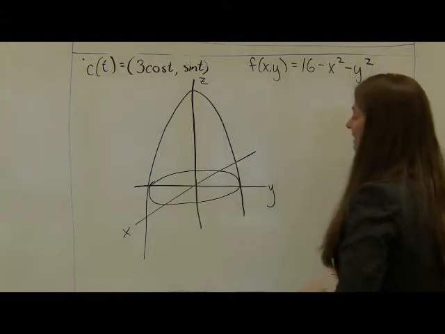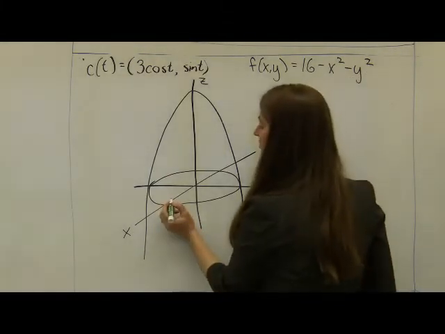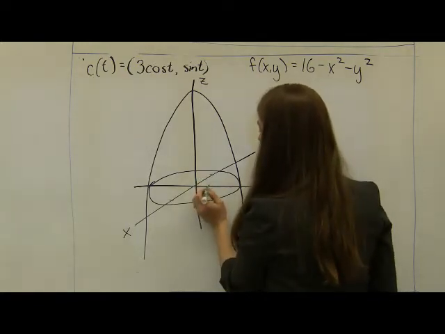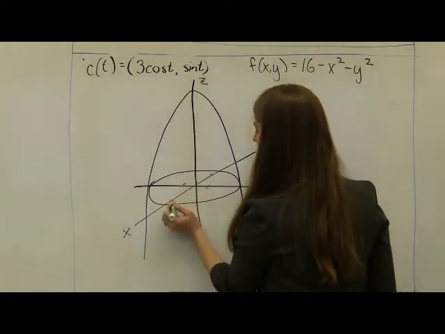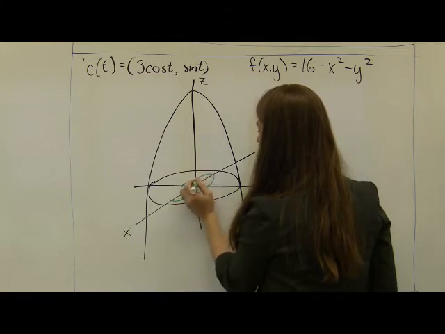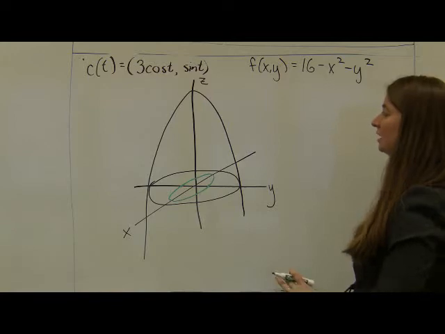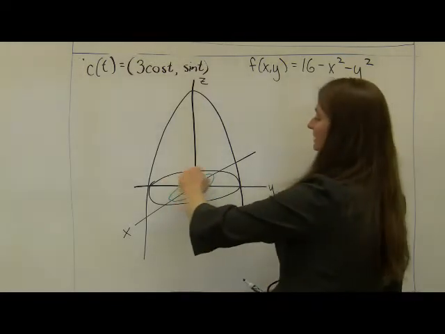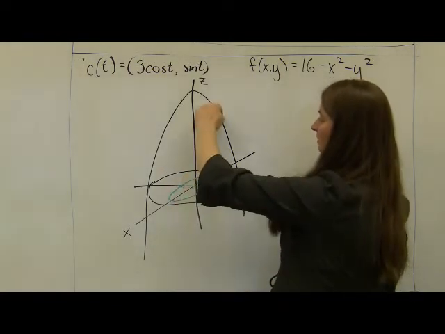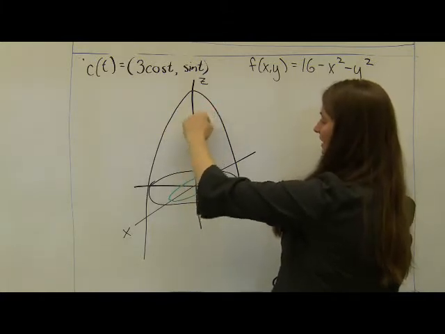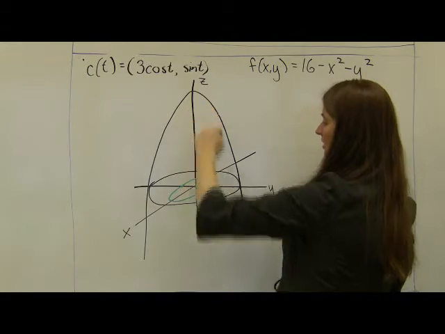Now let's go ahead and add in the elliptical path. We knew the elliptical path had a major radius of 3 in the x direction and a minor radius of 1 in the y direction. So my circular path just in the xy plane would look something like this. But obviously, my probe actually isn't traveling down here in the middle of the mountain. It's traveling up on the surface of the mountain. And as it travels this elliptical path, it's going to be traveling up and down along the surface of the